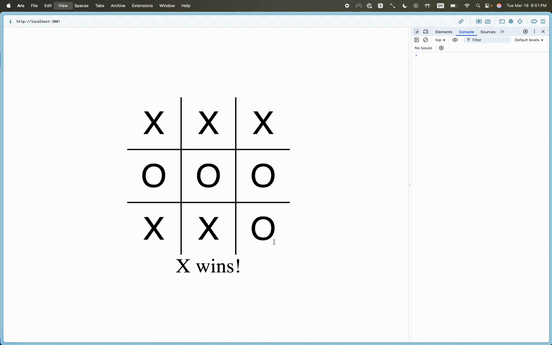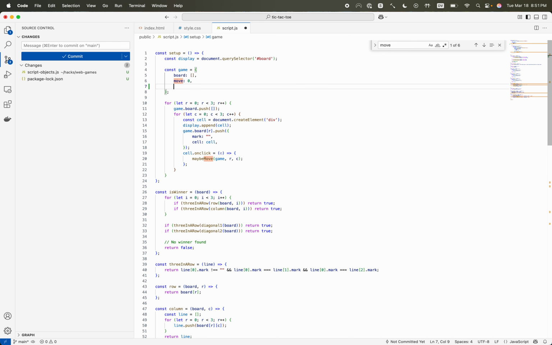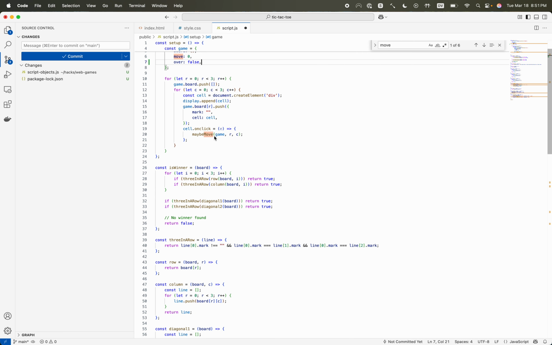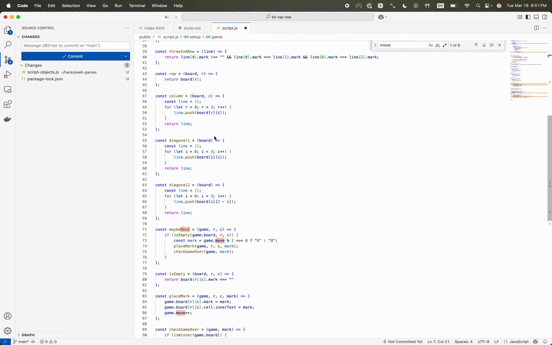So the nice thing is that now we have this object that represents the state of the game, what the board is, all the marks, all the cells, what move we're on. So let's just add another property that says whether the game is over. And initially, obviously, the game is not over. So we set that property to false. And now we just have to think about where do we know that the game is over? Well, that's when we've made a